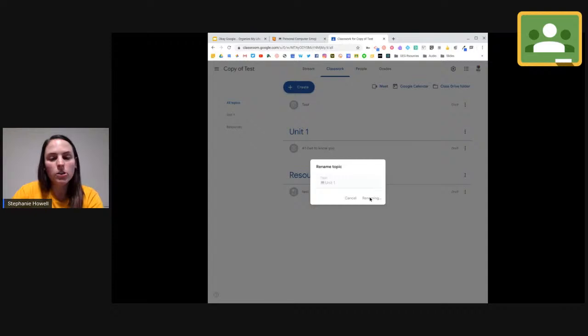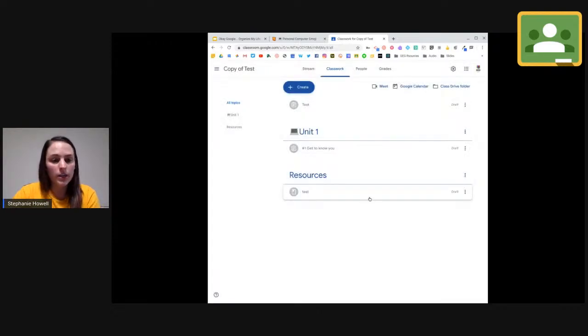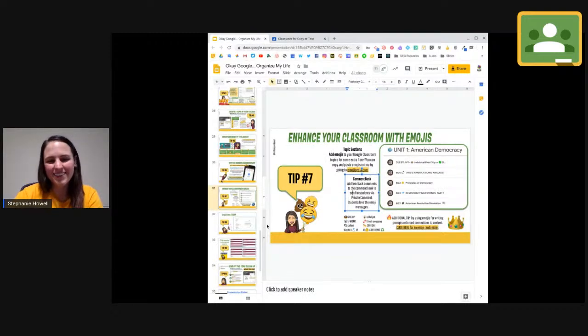This is a really good tip for students who are younger, especially elementary, because they might not be able to read some of the words on the Google Classroom. So you can say, "Go to the computer" or "Go to the star," and they will know which section to quickly go to. Or if you're writing directions, you could say, "Go to the computer, go to this emoji," and you could put those emojis and visuals in your directions to help students. And you can add as many emojis as you want. I don't think there's a limit.